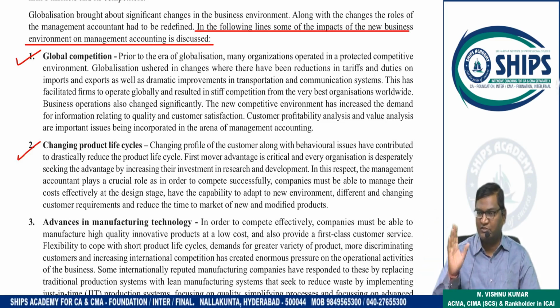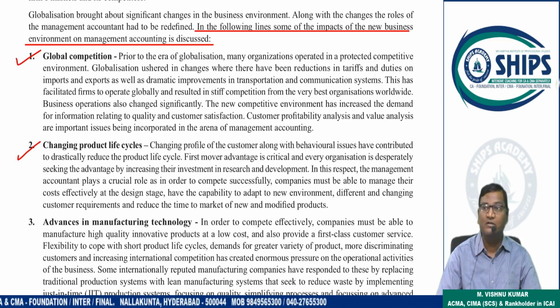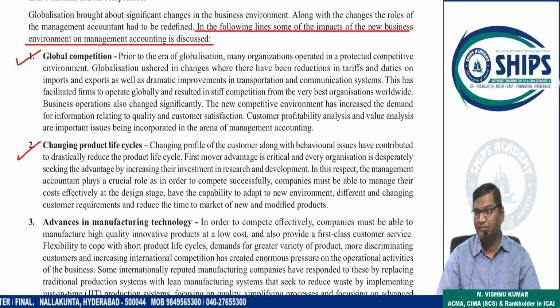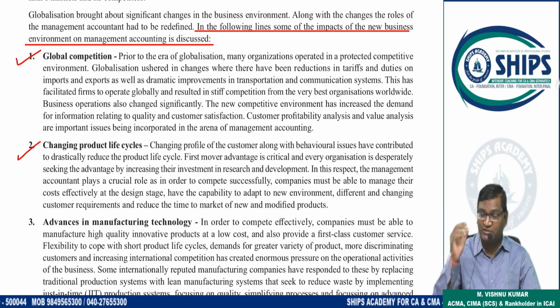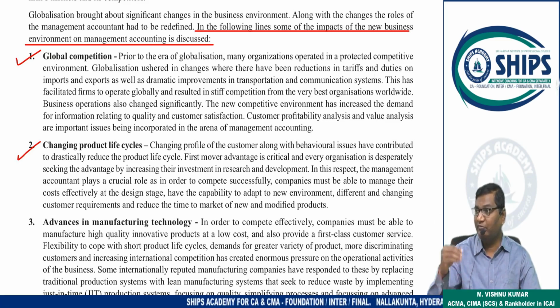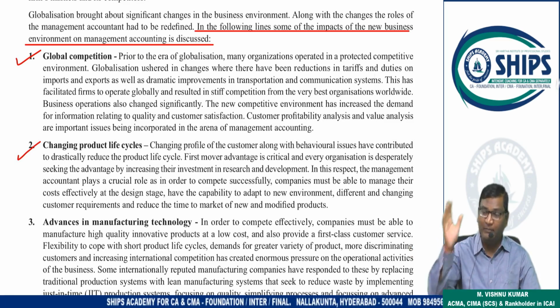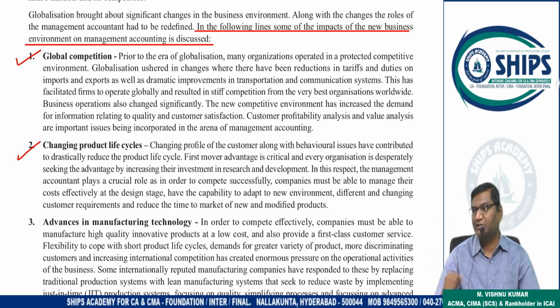Clear? Like first, before launching the product, research and development will take place. R&D. Because first we have to develop the product. Clear? So once the product is made, then it has to be introduced in the market. Some products will have a different style of revenue generating system. Some products, initially very high revenue will come. Some products, initially revenue will be very low, later on revenue will increase. And some products, starting revenue will be very high, later on revenue will decrease.